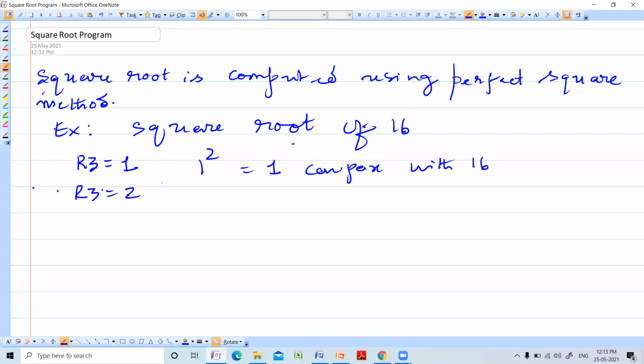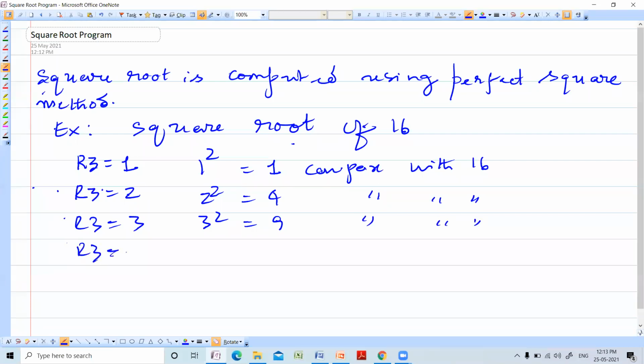R3 becomes 2. Find 2 square. So 2 square is 4. Same. Repeat. R3 is equal to 3. 3 square is equal to 9. Compare. It's not equal. R3 is equal to 4. 4 square is equal to 16. So now it becomes equal. So R3 is the square root, that is 4.